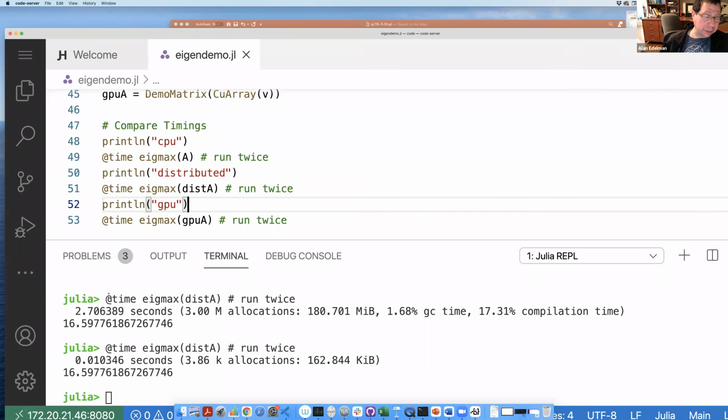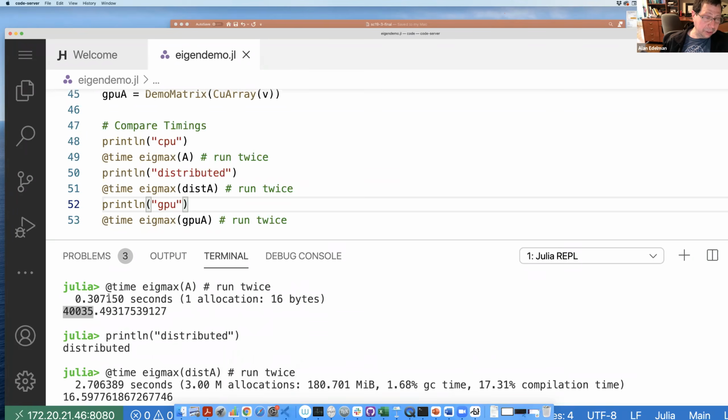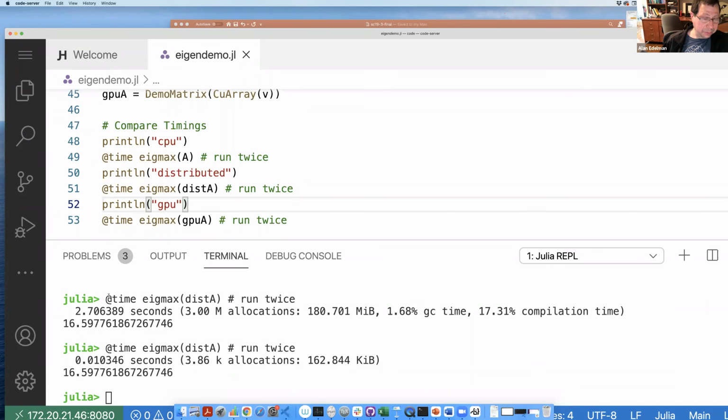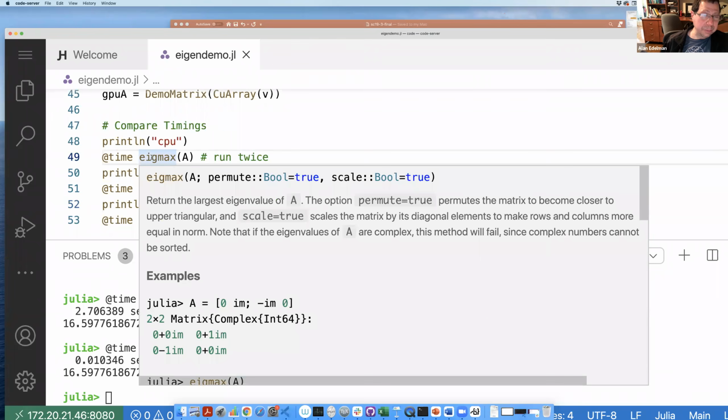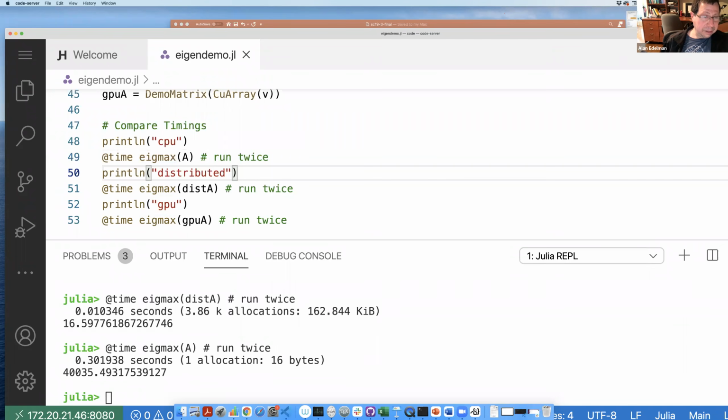It looks like it divided by what did it divide? Divided by 30. That's pretty impressive. Is that what it did? Let's try one more time. Let me see what the number was. I'm going to make a note of the number. Okay, let's see. Yeah, it's 0.30 on my CPU. I don't know how I'm getting such a good time on 4 processors.